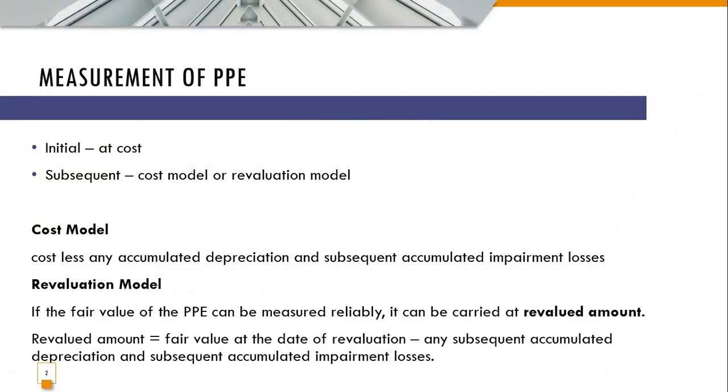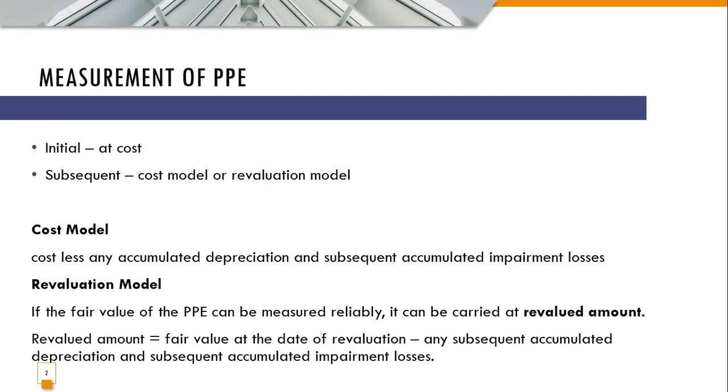So, of course, an asset or a property, plant, and equipment is initially measured at cost. Di ba? So, na-discuss natin yan in our lecture in property, plant, and equipment that an asset of property, plant, and equipment is measured initially at cost. So, with regards to its initial measurement, that has already been discussed. Okay? But subsequent to the initial measurement of a property, plant, and equipment, it can be measured at cost model